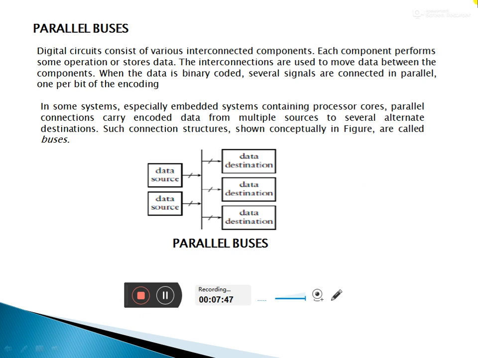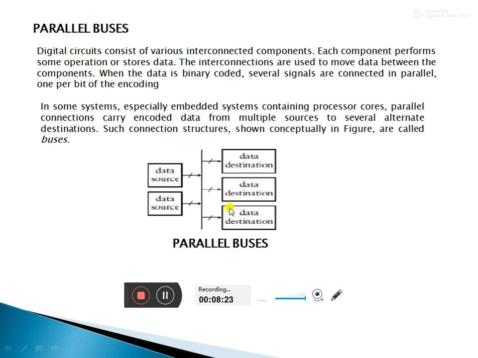See, there are parallel buses. So this is connected, embedded. An embedded system is both software as well as hardware. In this figure you can see the destination point and the data source. We are using connections here. See this one, this one, data source. So many connections are there. It may be parallel: this one, this one, this one. You have to connect them in a parallel way. So that is called parallel buses.